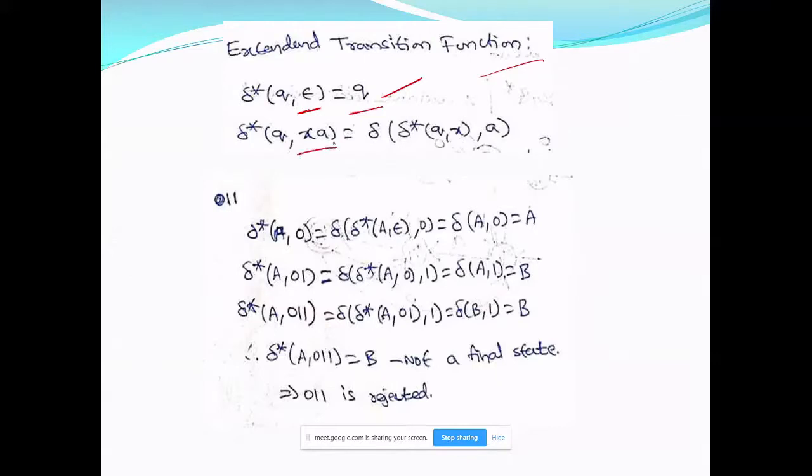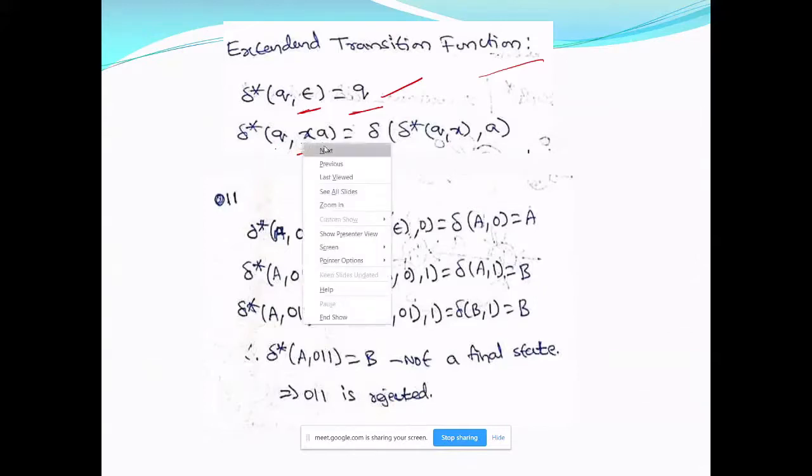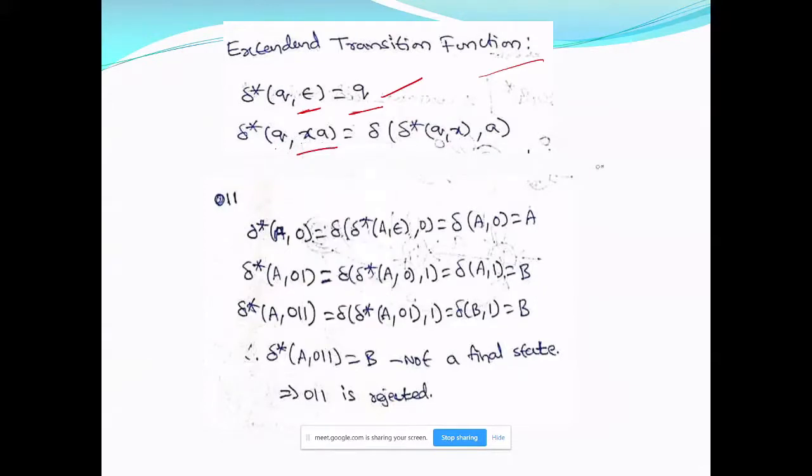Now suppose a string is given. The given string is now XA. Delta star is for the string, the extended transition. Delta star of a state on XA, where X is a string and A is a single input symbol. Usually I use letters at the beginning of the alphabet for denoting symbols.